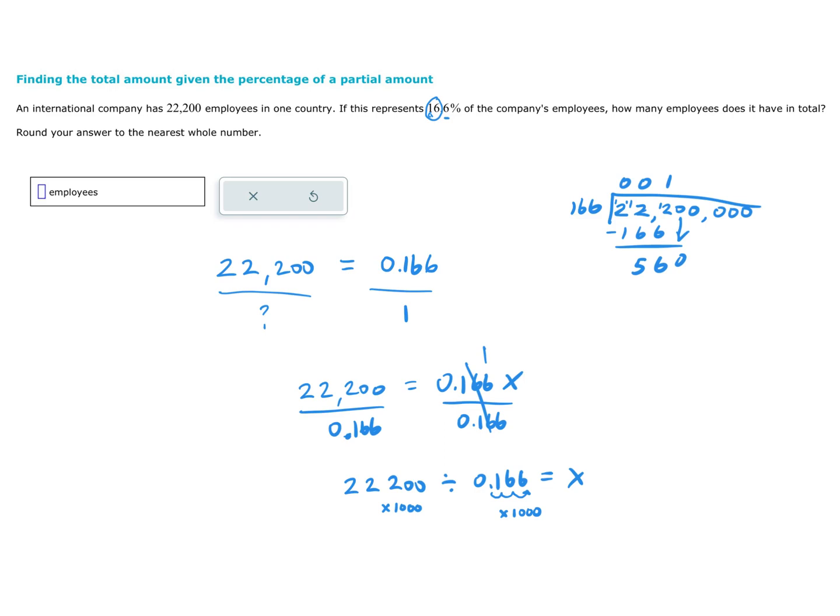And 166 goes into 560 maybe 3 times. 18 plus 1, 19, and that's 498, yes, 3 times. That's going to be 62, and then we're going to bring down this next 0. And I'm guessing it will still only go in 3 times,